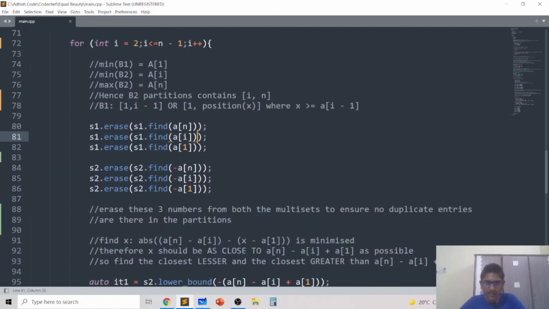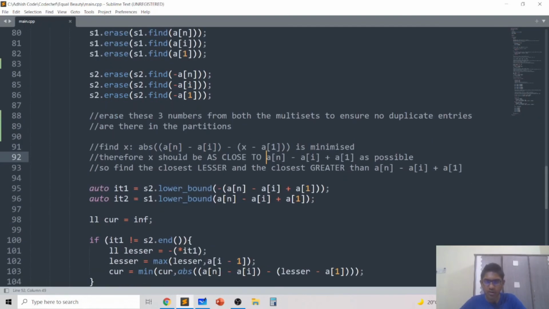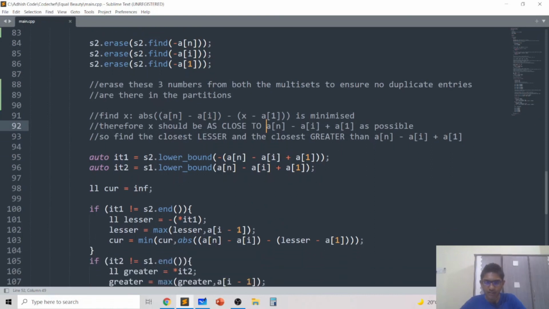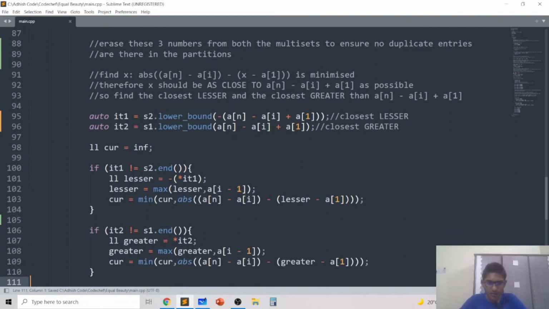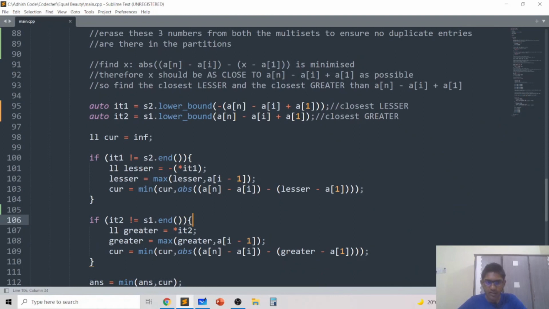Then we need to find x such that the absolute value of an minus ai minus x minus a1 is minimized, and that's why x should be as close to this quantity as possible. That's why we use the trick of finding the closest lesser and closest greater. So for that we use these two quantities. Iterator 1 corresponds to the closest lesser and iterator 2 corresponds to the closest greater. The lesser quantity will be the negative of the element corresponding to the first iterator, and the greater quantity will be the element corresponding to the